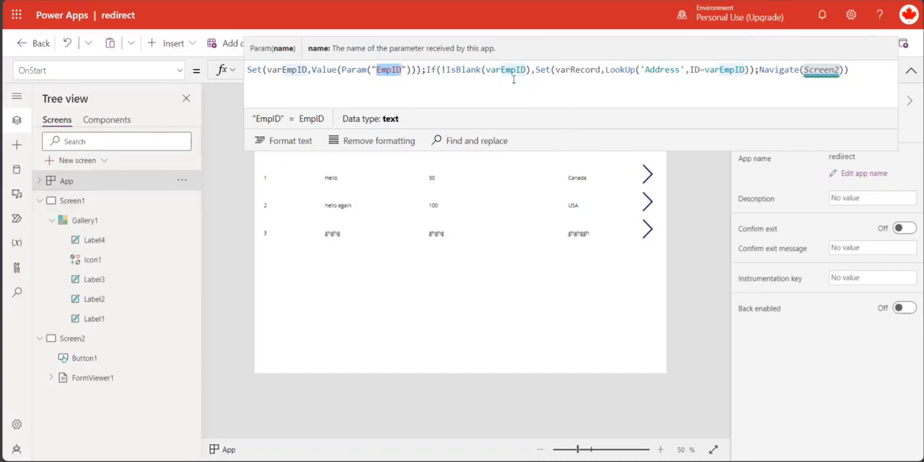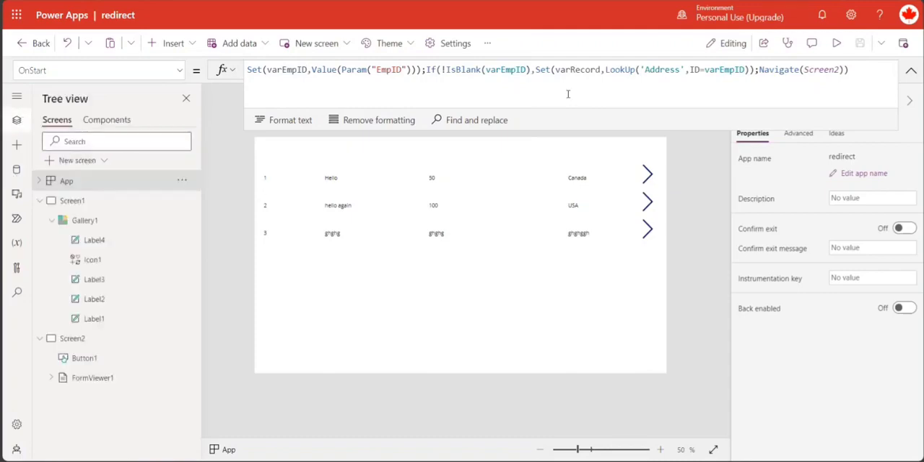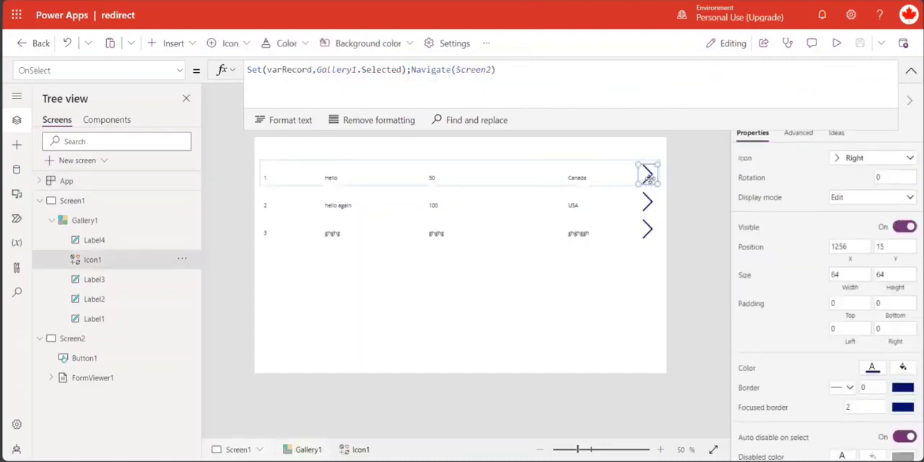But if it has a variable, what it does is, this is my data source. It is going to the data source, filtering it, doing the lookup for that particular record where ID matches this parameter, storing it in this variable and then navigating to screen 2. Okay, fine. Now, in order to make it work, see this. This icon takes you to screen 2, but before it goes to screen 2, the selected item in this gallery is stored in the variable var record. Now, when we go to screen 2,